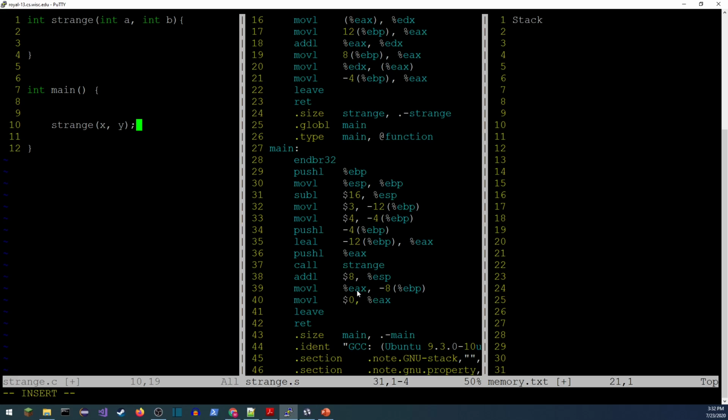It looks like, yep, here's that return value. So I'm looking at line 39. Here's the call to strange. I'm just wondering, do we just call it or do we store that somewhere? The next thing after the call to strange is to recover the parameters from the stack. And then I'm moving a return value into somewhere in memory. Okay, so that means that I've got a third something that gets stored.